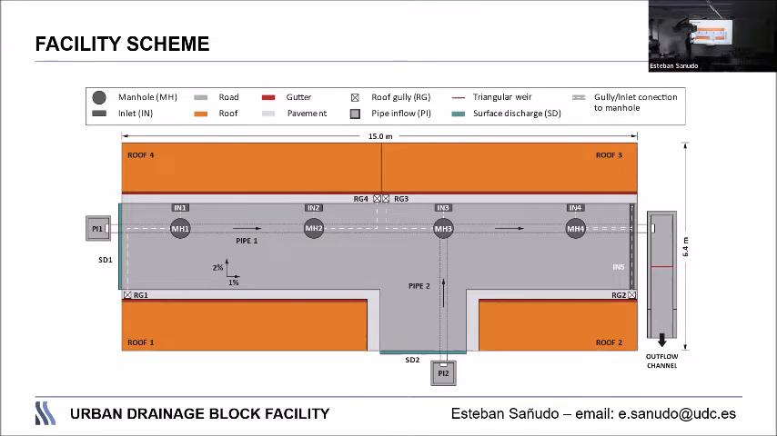Well, that's the scheme of the facility. I continue. And we also have, and this is very important, the ability to introduce runoff over the upstream edge, and we can also include pipe inflows at the top of the pipes, to simulate the effect that other neighborhoods upstream could have on the facility. Now we are going to see